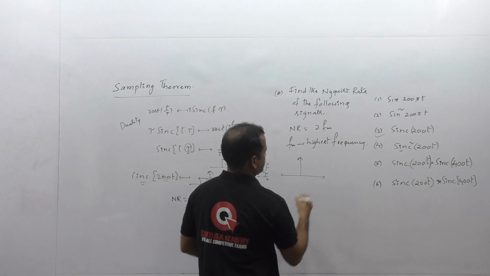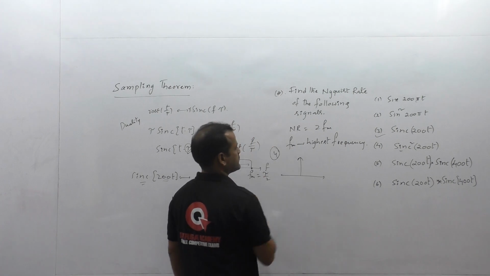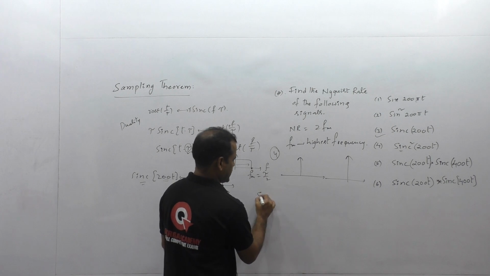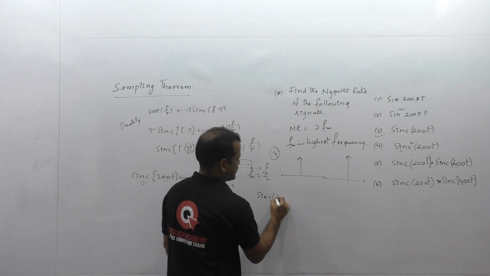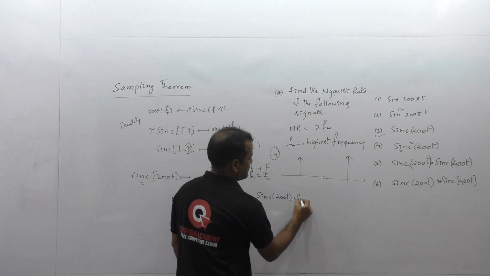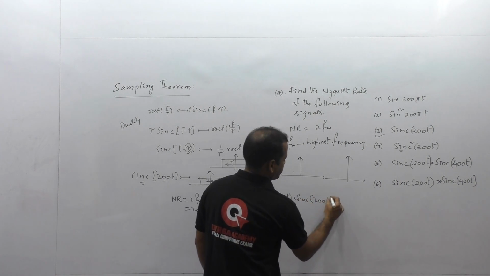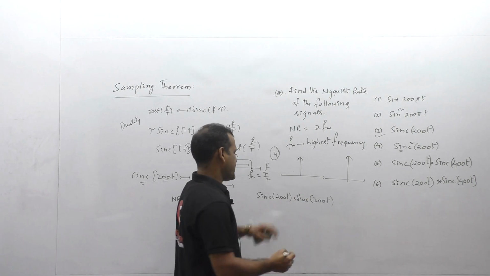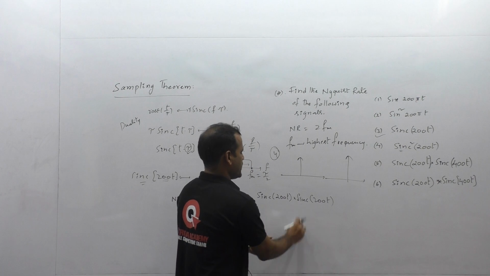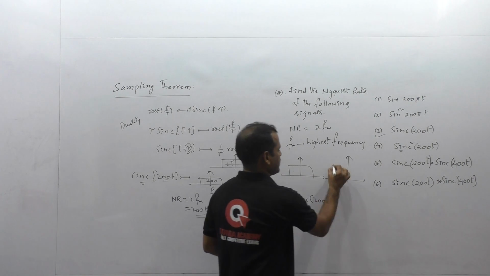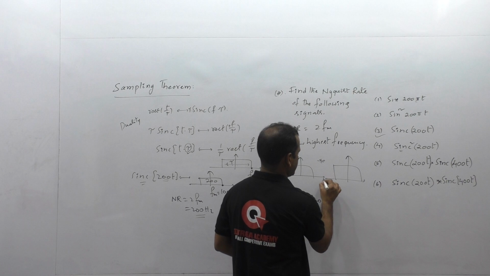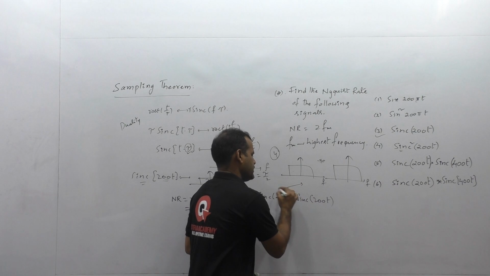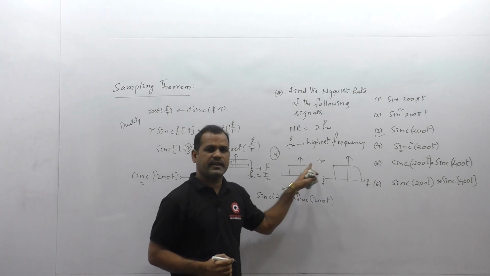Sinc function, the fourth signal we are considering here. Two functions are multiplied; we can take the sinc square function, that means sinc 200t multiplied with sinc 200t, that is sinc square 200t. Since two functions are multiplied in the time domain, the corresponding frequency domain functions should be convolved in the frequency domain. Fine. So the Fourier transform of this function should be the convolution of the corresponding rectangular functions.